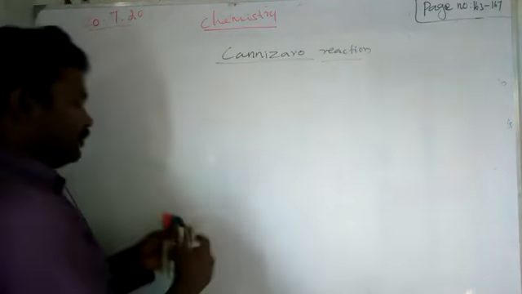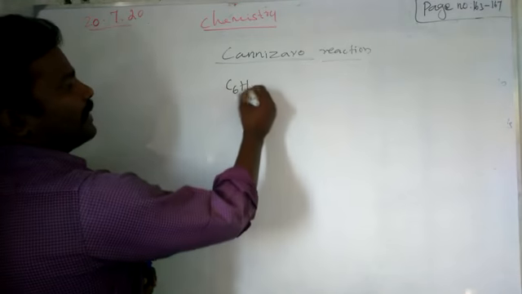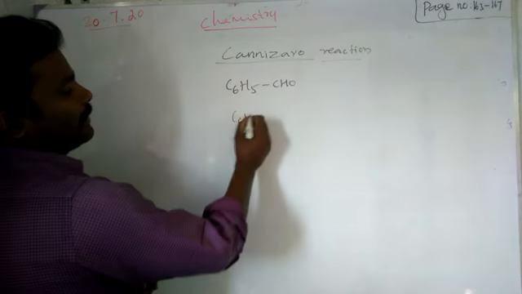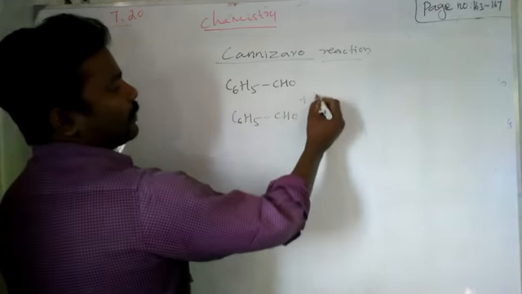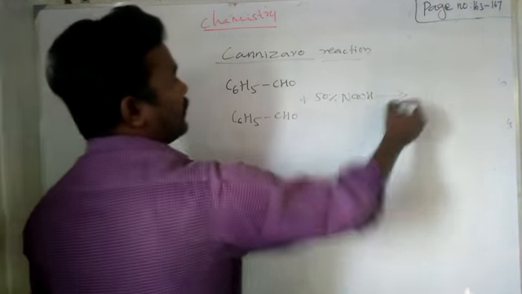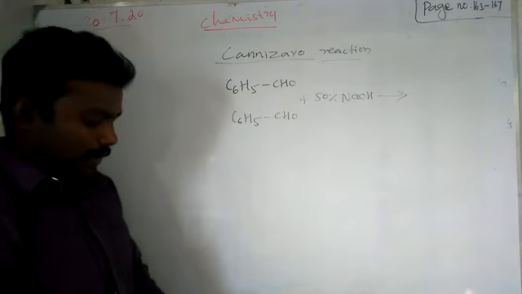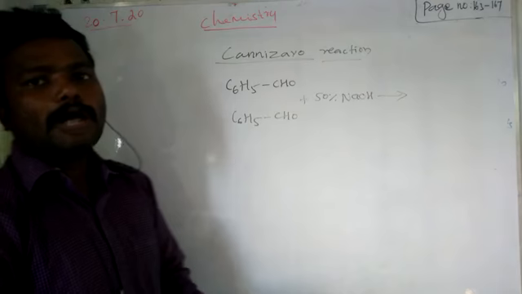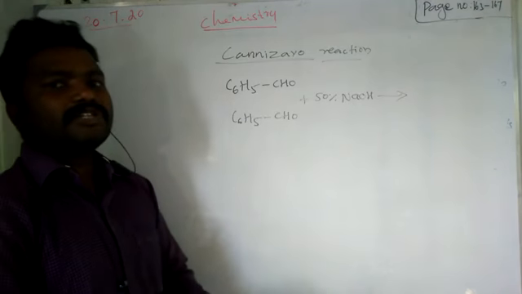So here we are going to take 2 aldehydes. For example, here we can take both aromatic aldehydes, CHO, another CHO. Both are benzaldehyde. So we are going to take at least 50% NaOH, right? So if you take 100 ml, 50 ml should be NaOH, 50 ml water. Okay, right? What may be the product? It will undergo self-oxidation and self-reduction. That is called a disproportionation reaction.